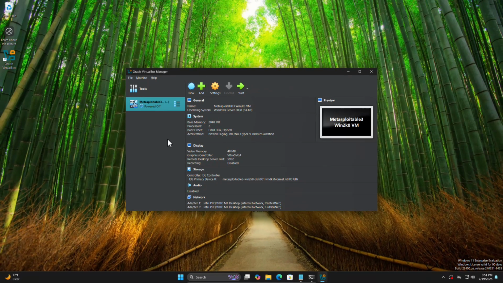Having completed this video, you have learned how to build your Metasploitable 3 Windows vulnerable virtual machine using both Vagrant and running it inside of VirtualBox on a